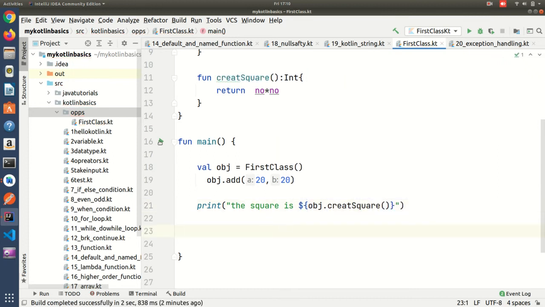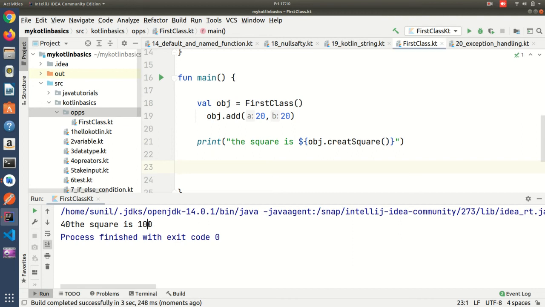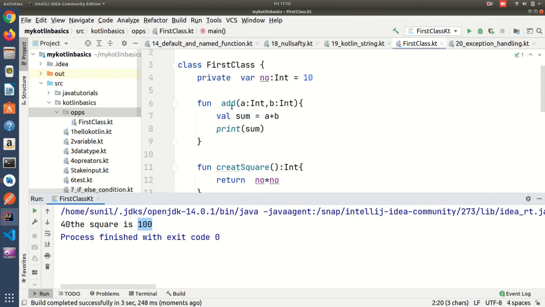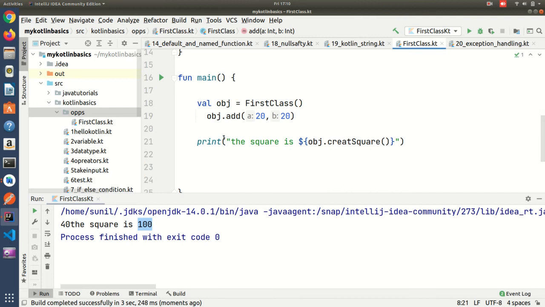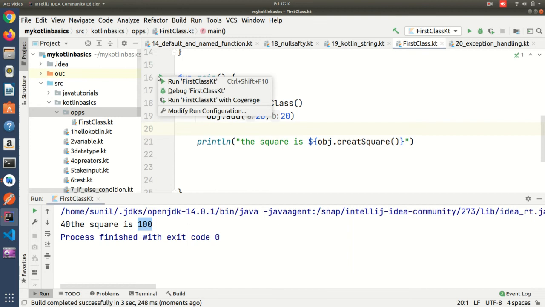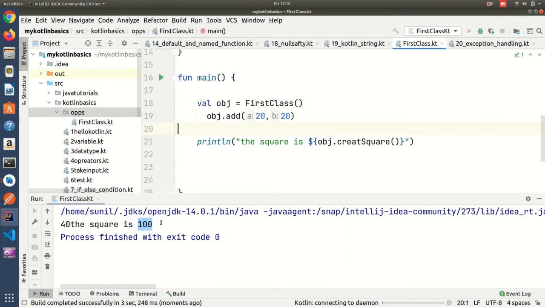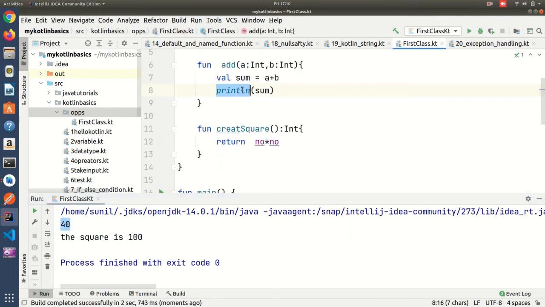The output should be 100. So it printed the 40 is the sum. Here I need to use println, here also println. So the first function output will be 40 and the second will be 100. See, the first function gives 40 as the sum, and this square is giving 100.